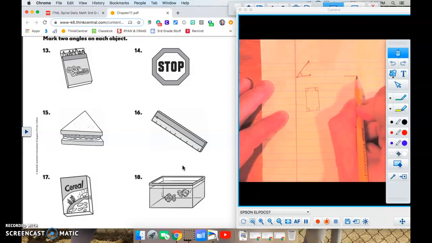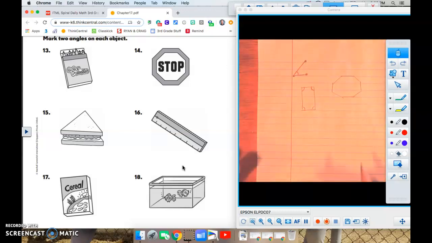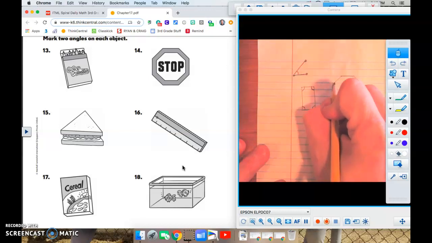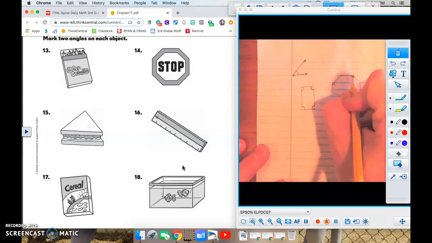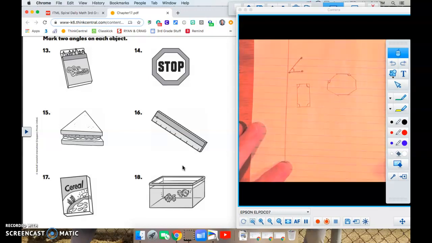We're just going to go like one there, down here. There we go. Just a whole bunch of different angles. All right, so on this one, we can do any of those 8 that are on there, okay? And the last one I'm going to do is number 15. I'm going to do that triangle there